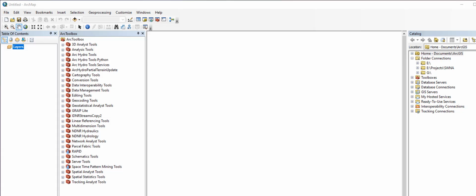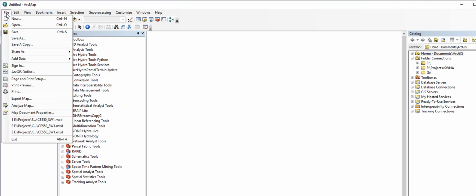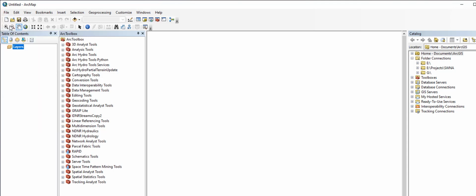Now that I have ArcGIS set up, my folder connection set up, and the data downloaded, I'm going to go ahead and open the data now. So I'm going to go into my ArcMap. I'm going to go to my File drop down, go to Open,